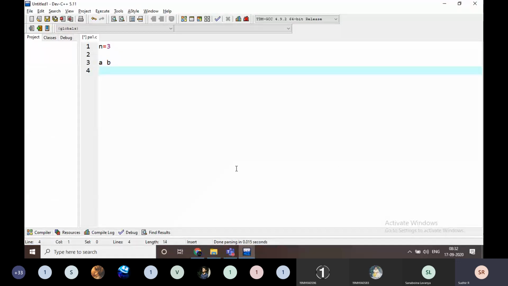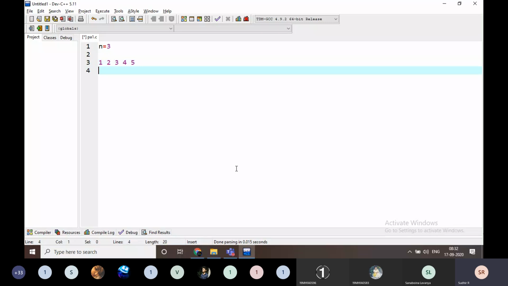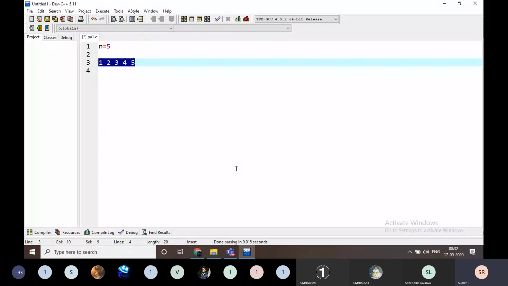For example, n is equal to 3. We have to consider how many values are there? 1, 2 and 3. If n is 3, if n is 5, this is going to be like this. For example, n is equal to 5. We have to consider these numbers: 1, 2, 3, 4 and 5.